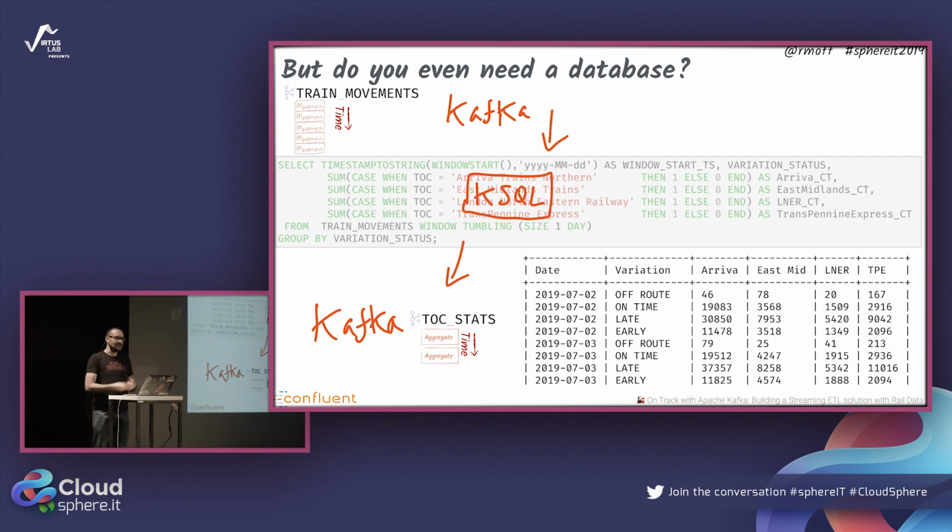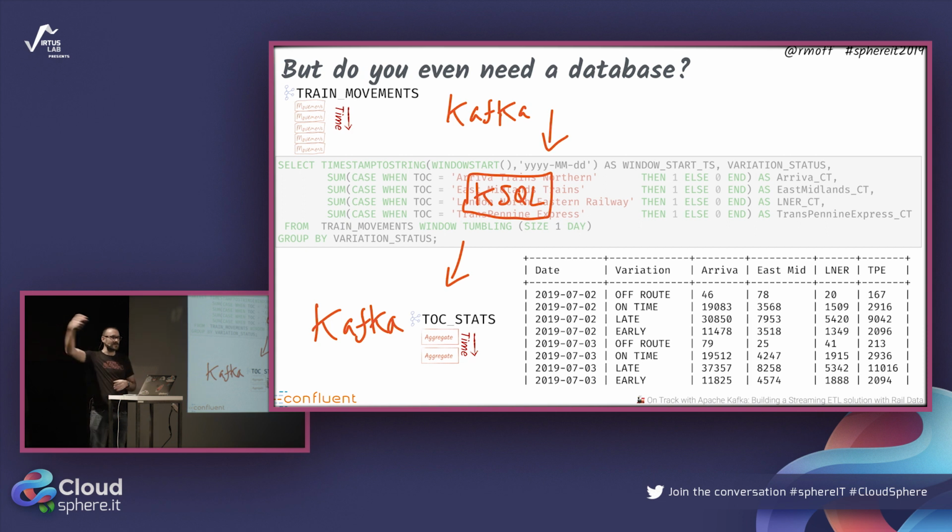KSQL can also build stateful aggregations and persist them. So you can actually write a KSQL statement, and that is valid KSQL that runs, which takes an inbound stream of events and computes, as the events arrive, the aggregate status. And from that, you could actually query it if you wanted to. So you don't actually have a database. So if you're pushing your data into a database simply to build that so that your application can query it,